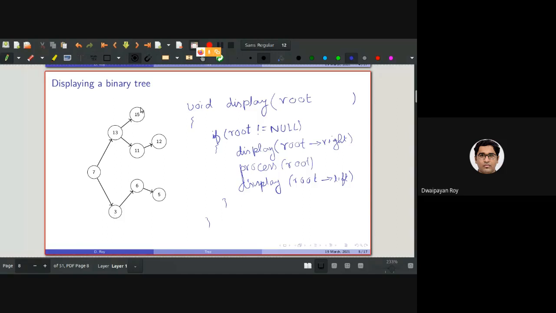Now I need to place some kind of indicators to see when one level changes. By level, I'm referring to this. As we discussed earlier, this is the 0th level, this is the 1st level, this is the 2nd level, this is the 3rd level.